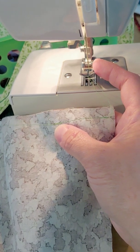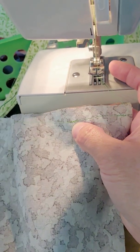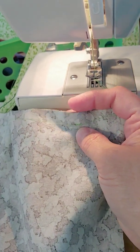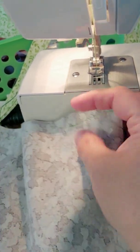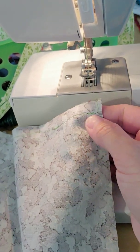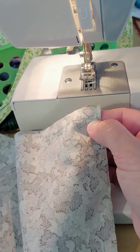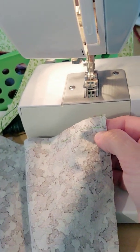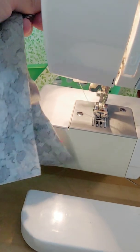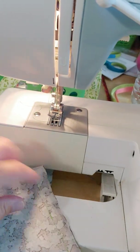So I took the needle out and I back stitch here, and you want it really good right here, because when you turn it inside out, this is going to be an opening that's going to stay. That's going to be for the filter. So I get over here and I back stitch again, and then it's done for this part. Okay, so the next part will be